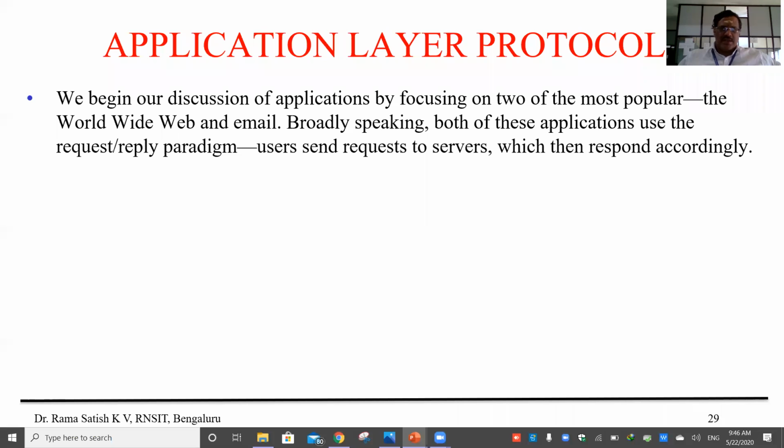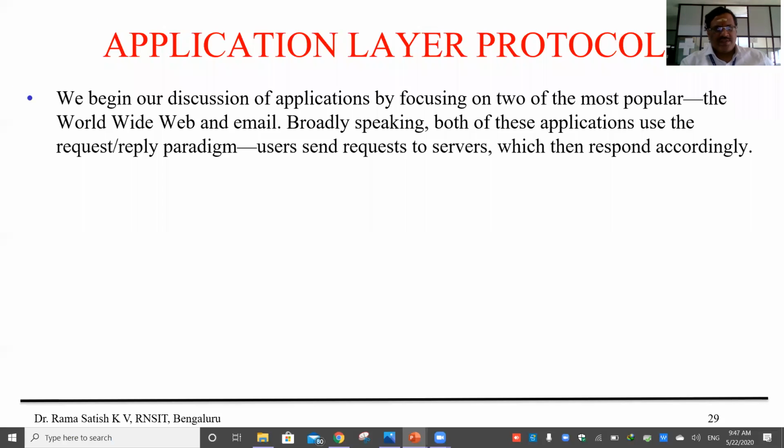Broadly speaking, both of these applications use request and reply, that means the client-server model. Users send requests to the server, and the server will respond according to the user request. If it is valid, it responds accordingly; if it is invalid, obviously it will send an error message.